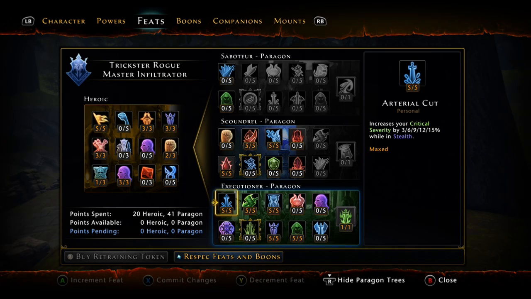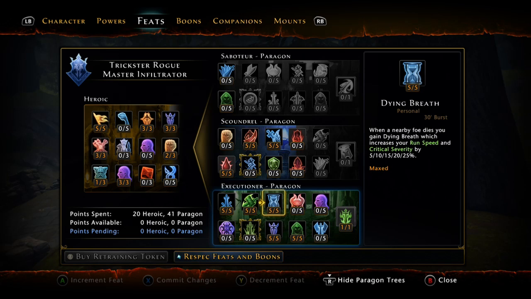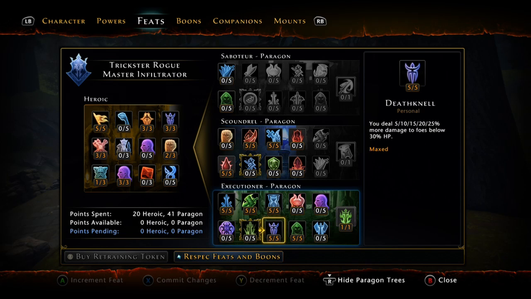I've gone with the bottom path. Critical severity is just as good as a damage bonus, considering you're going to do some critical strikes, even though we have 32% critical strike. I'll show you how it works. Critical severity, damage bonus, and